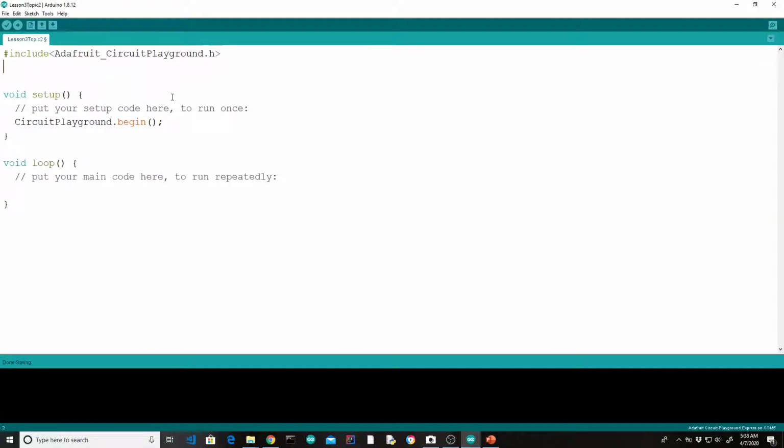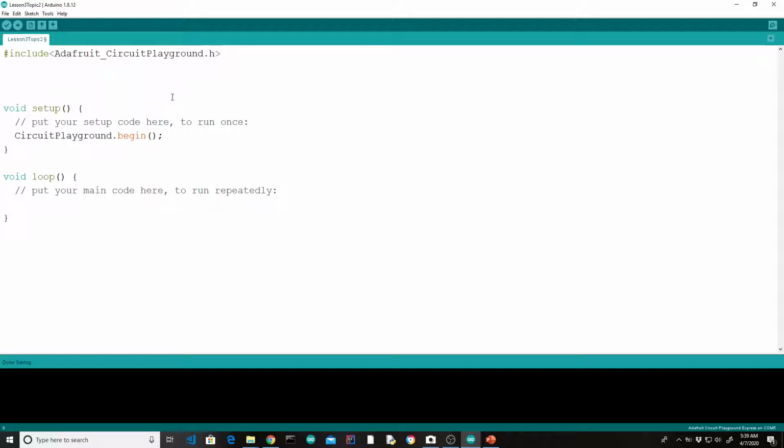Okay, so the first one we're going to explore is the buttons. And if you recall, buttons return either a 1 or a 0 depending if they're pressed. So let's create a variable, int. We'll start with left button, and I'm simply going to do LB for left button. Remember, you're in charge of these variables. And I'm not going to give it a value because the value of the left button, we're going to pull